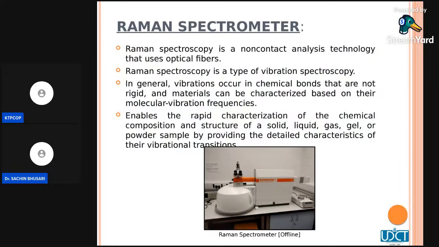Okay. Now the Raman spectrometer. Raman spectroscopy is another tool which is frequently used. It's a vibrational spectroscopy. All of you know it very well. Again, the offline instrument will look like this for Raman. See, in general, vibration occurs in a chemical bond. This theory part is purposely written here for the students who are new entrants in PG or UG, so they should read it. It is basically characterized based on molecular vibration frequencies. Okay, FT Raman, Fourier transform Raman.